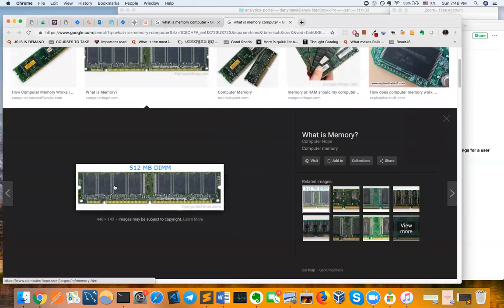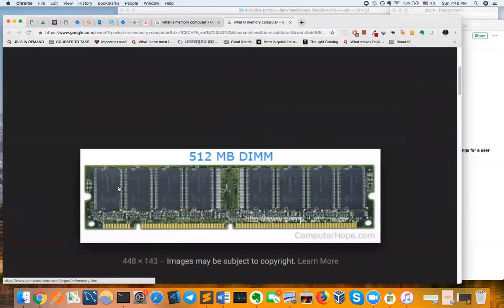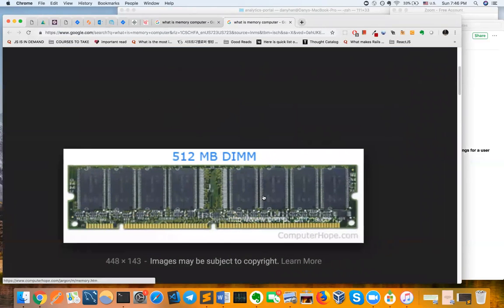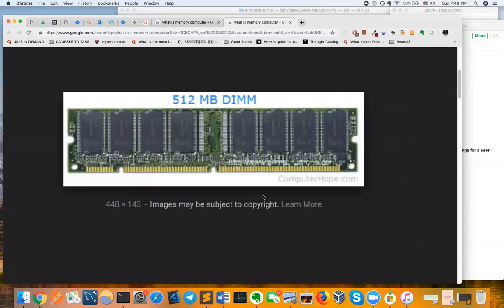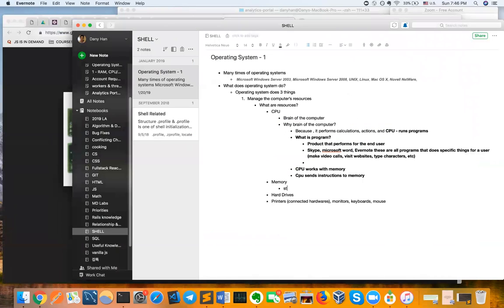So here's the thing. They look like this. These little square pieces. They're the memories in our computer, right? So think of it as a storage. Memory is a storage, right? Well, if it's storage, you put things in there. For example, when we move somewhere, we put our goods, our papers or sofas or all these furnitures, into some kind of storage, and that's memory.